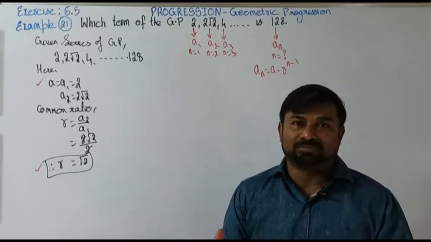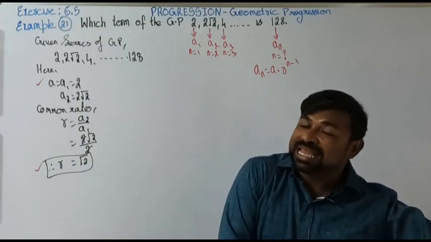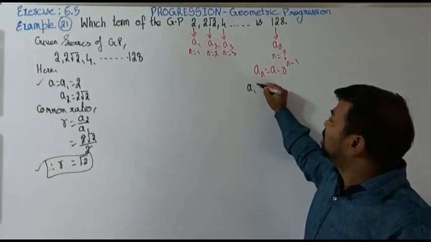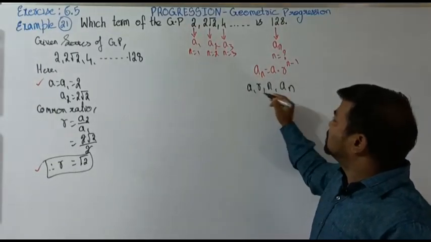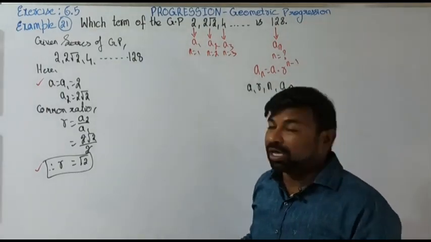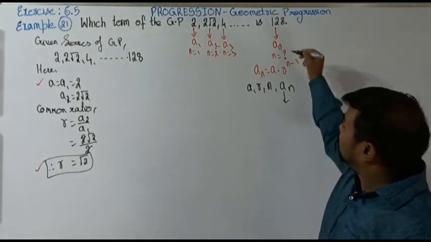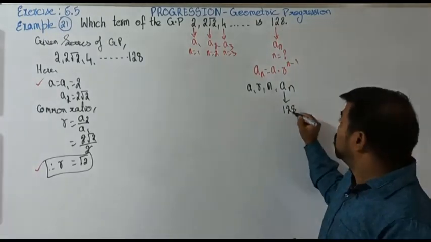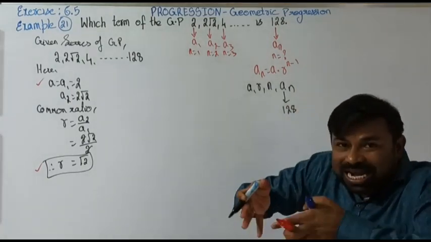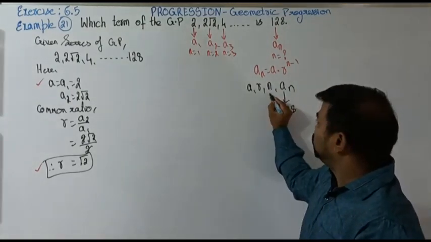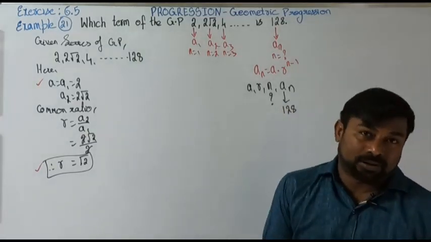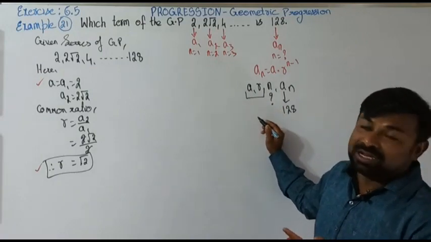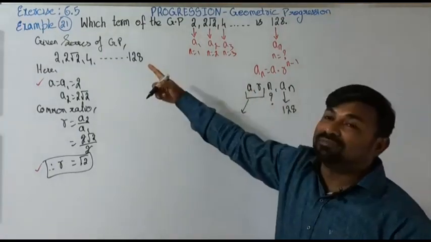To find any term, the roll number of whoever is sitting there, we use the nth term of GP formula. In this formula, what are the variables? A, R, n and An. These are the 4 variables present in that formula. Now, who is the last term? 128. We are missing the roll number. The two variables we have are A and R, which he has given in terms of the series.